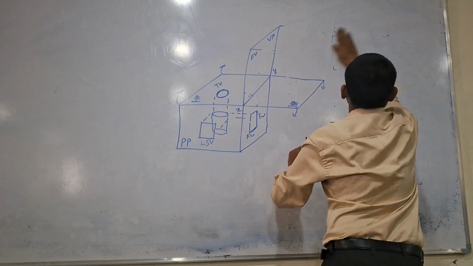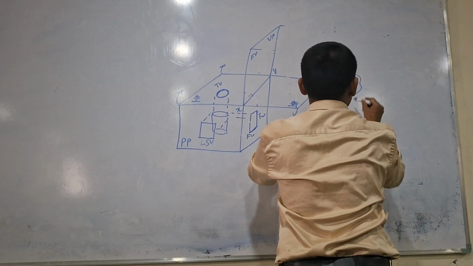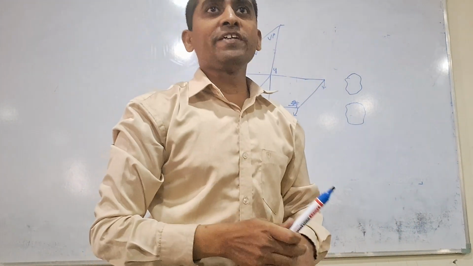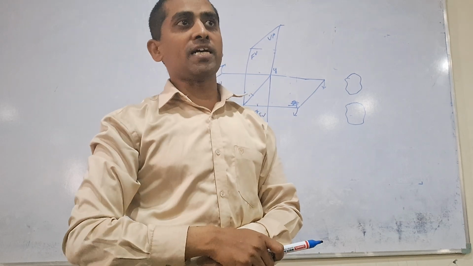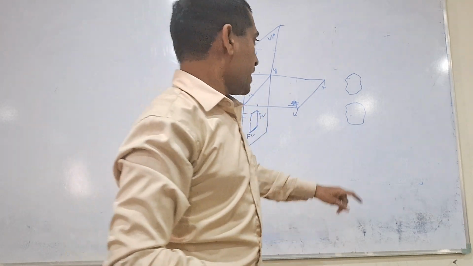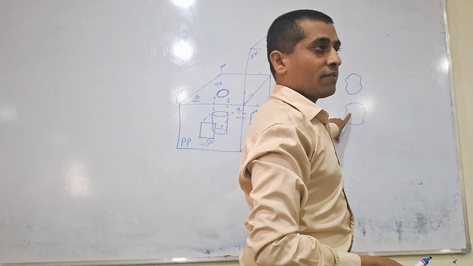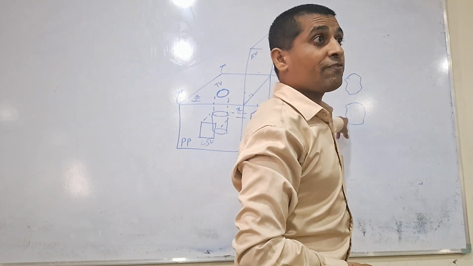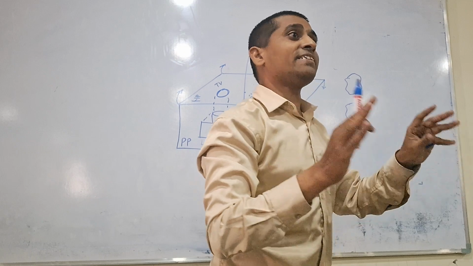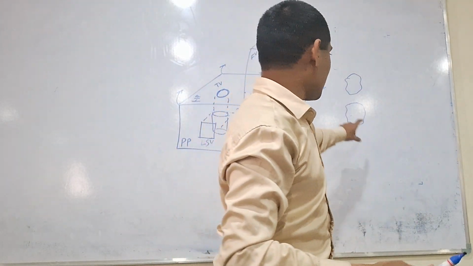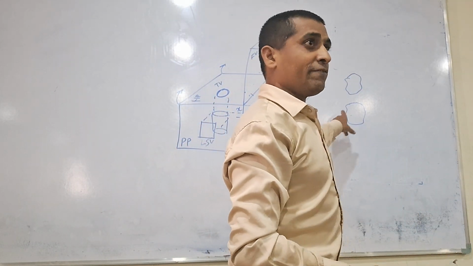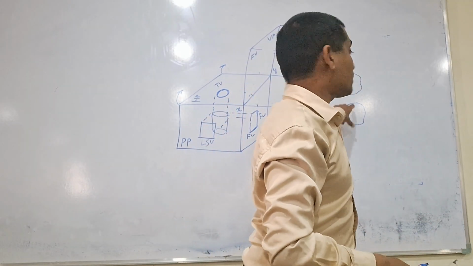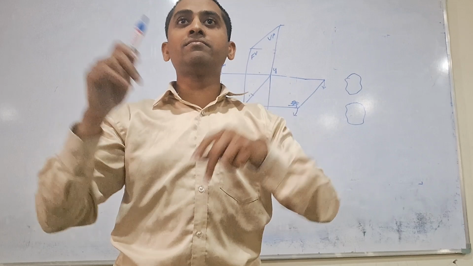Now, in the exam, if it is given like this, okay? If it is not mentioned first angle projections or third angle projections, then what is the view of this one? Which view is this one? Top view. If it is not mentioned, we should consider it as a first angle projection and take this as a top view. If it is particularly mentioned as third angle projection, then we will see this as a front view and this as a top view. Is it clear, everyone? Yes, sir.